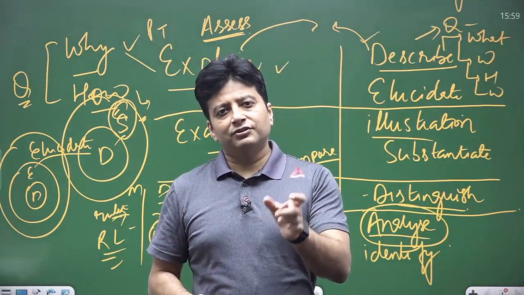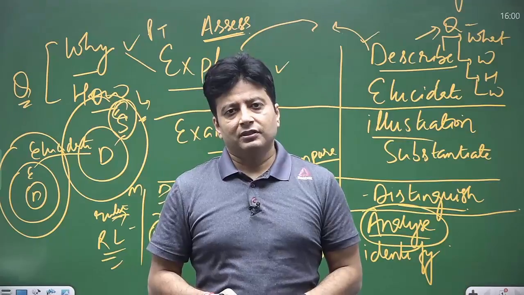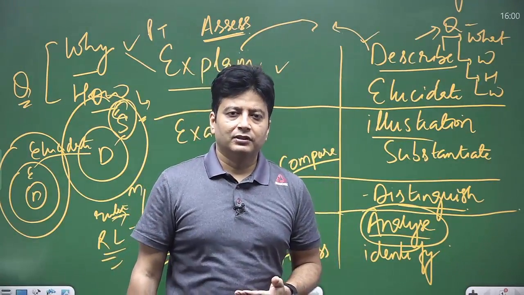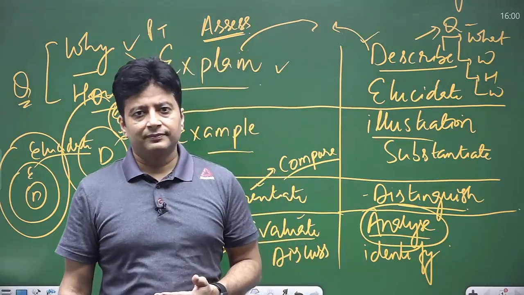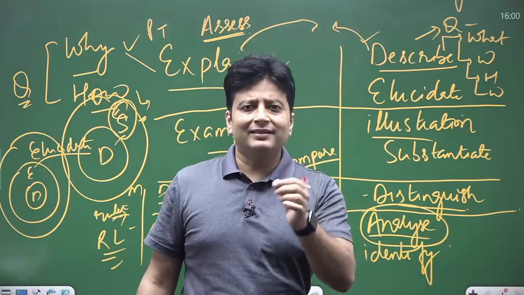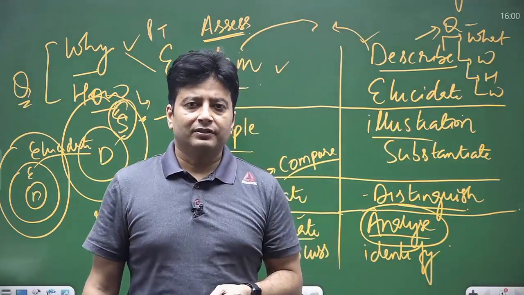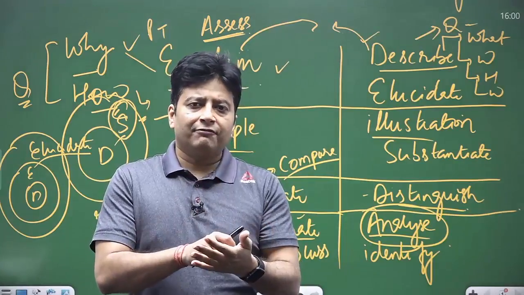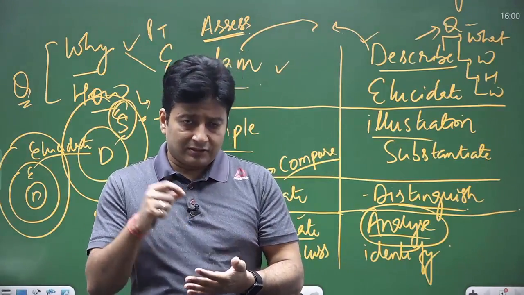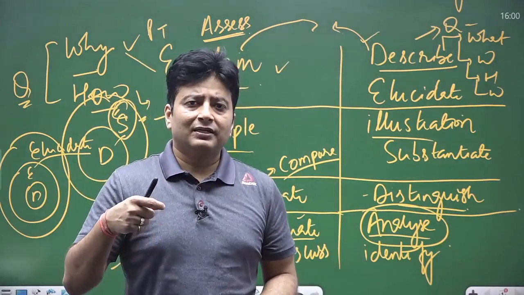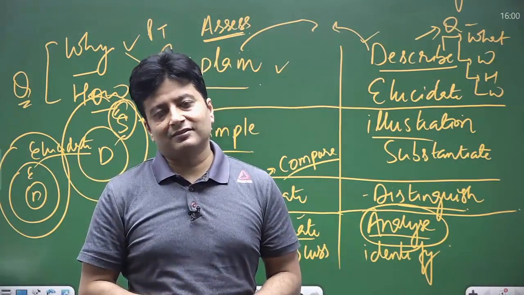When this word is used as a tailender in the question, you need to discuss as if there is a live discourse and dialogue between you and the examiner, right? You have to tell about the nitty-gritty of the statement. You have to discuss as if this thing might not have been done, this should have been the better way. You can give the suggestion also, you can give the prescription also in discussion.